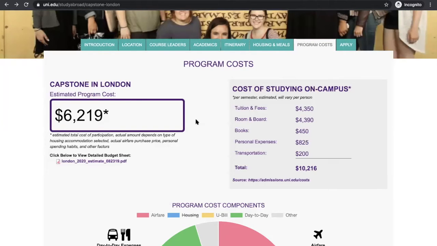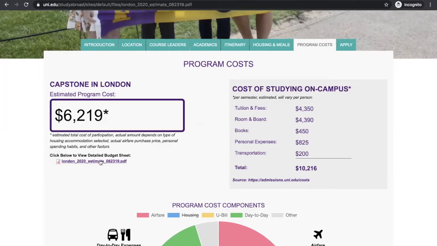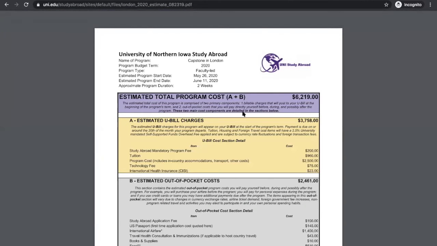However, the estimated program cost for the capstone in London can be found on the left side of the screen. For this particular program, the estimated program cost is $6,219. If you click on the PDF links below, it will open a detailed budget sheet. At the top of the budget sheet in purple, you will see the total cost. And the yellow section outlines the estimated U-bill charges. You will see that the total is